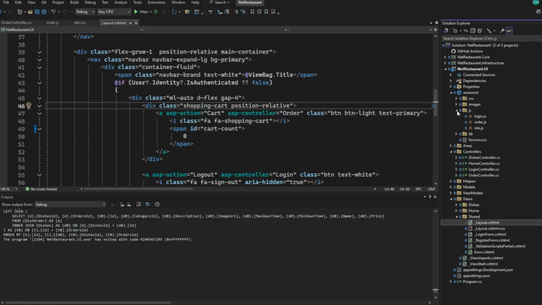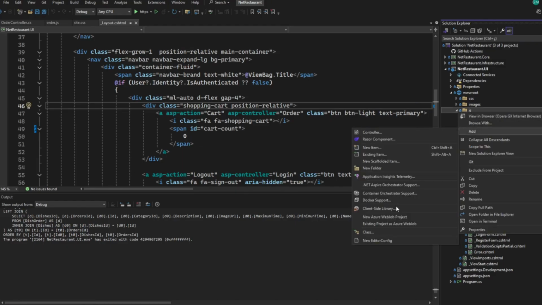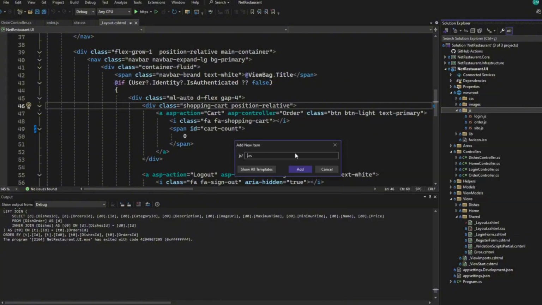Let's create a new script here. Of course, we could use a middleware to handle that kind of situation, but I think it would get too complicated and would get out of the scope of this course. So I'll just make a synchronous request every time when we load a page. So let's create a new item. Let's say order